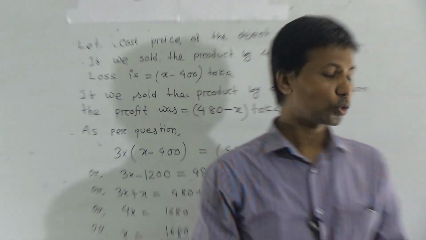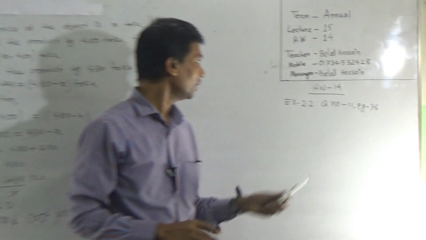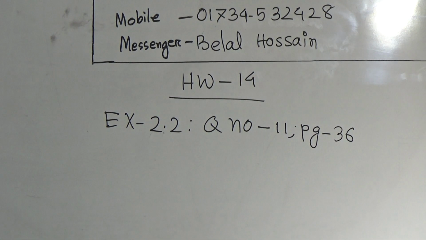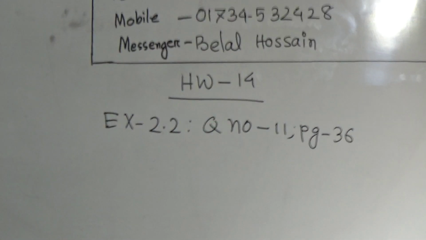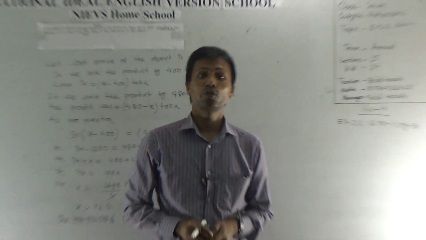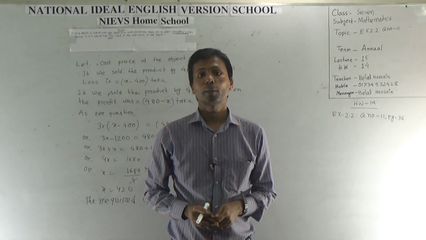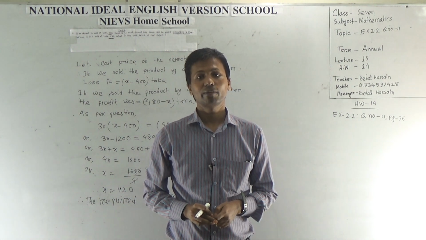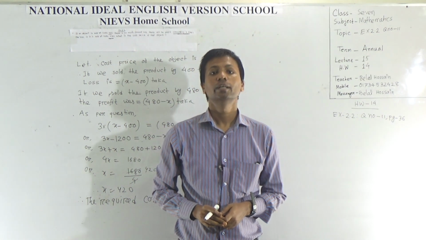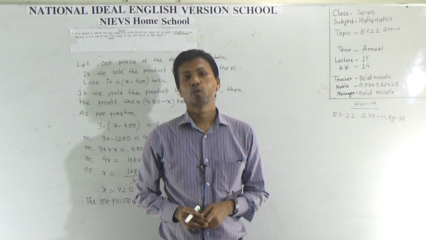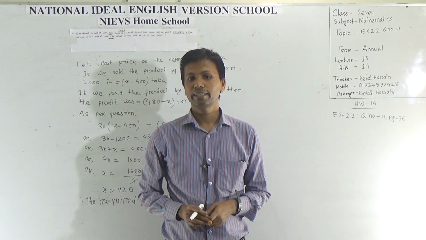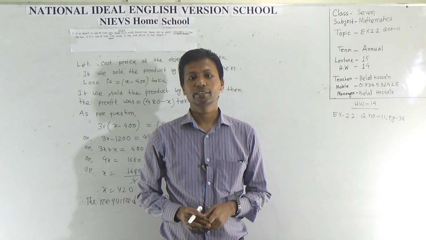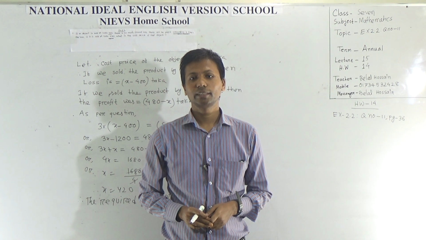Dear student, now I want to talk with you about our SW. You see SW number 14, exercise 2.2, question number 11, page 36. That means this is your SW. Your assigned SW is very, very important for you, because on the basis of submission of your SW copy, you will get your CT marks, diary marks and SBA marks. So you have to submit all your SW copies every Sunday within 8 AM to 4 PM, and you collect these SW copies the next Sunday. Guardians or anyone else can collect or submit these SW copies.